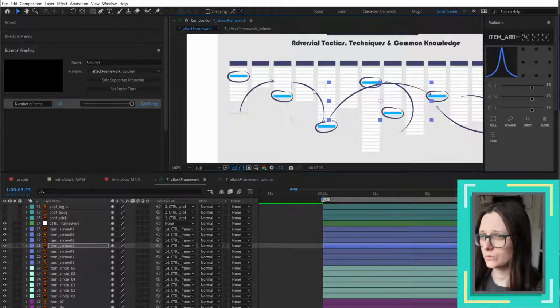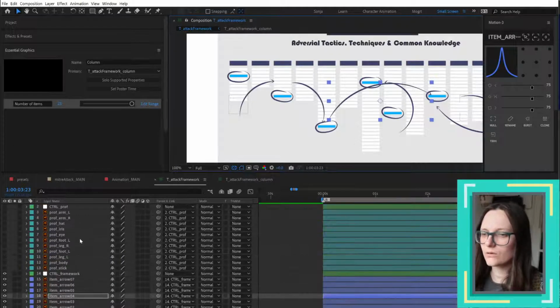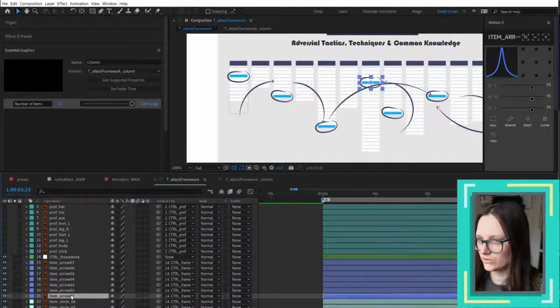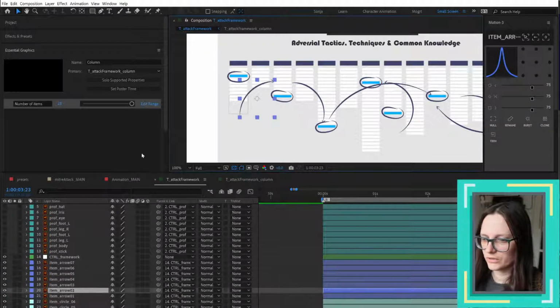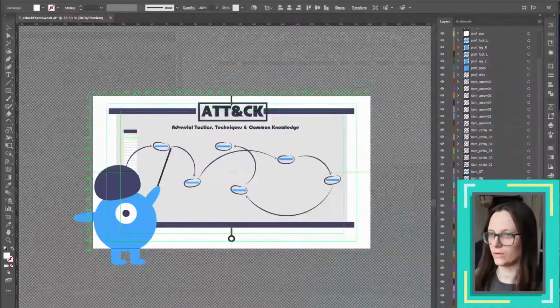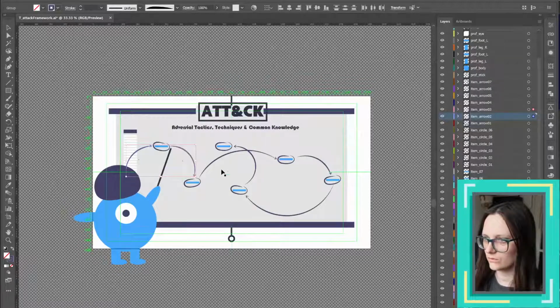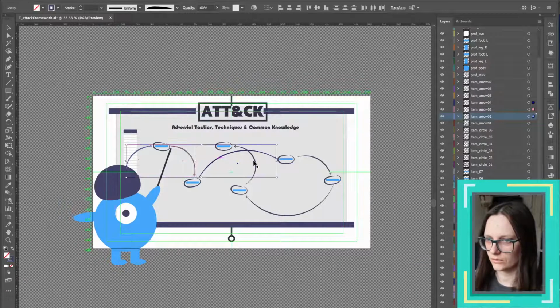The only reason I didn't want to use shapes is because they have this really nice brush effect on them, these arrows. And I guess I could, well, now After Effects allows tapering, so yeah, maybe I'll just bring these in and then taper the strokes. Why don't I just do that? I'll just bring in all of these arrows